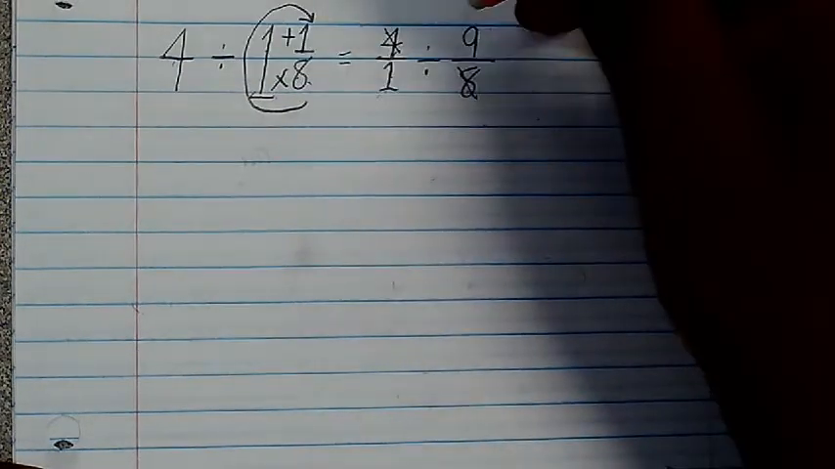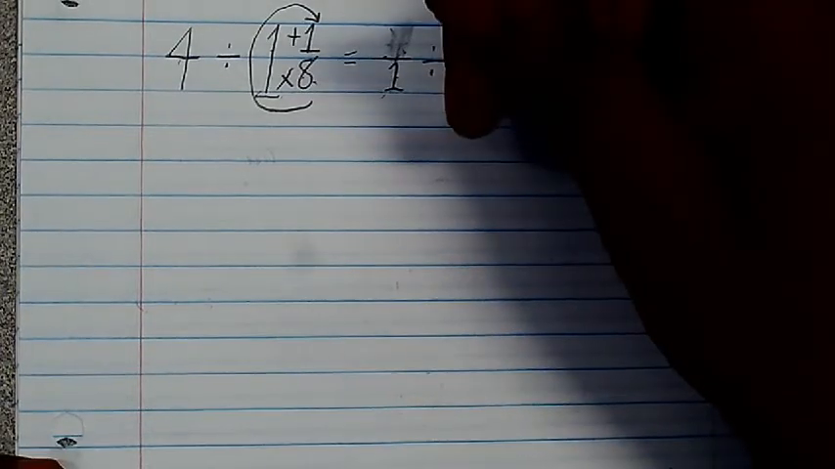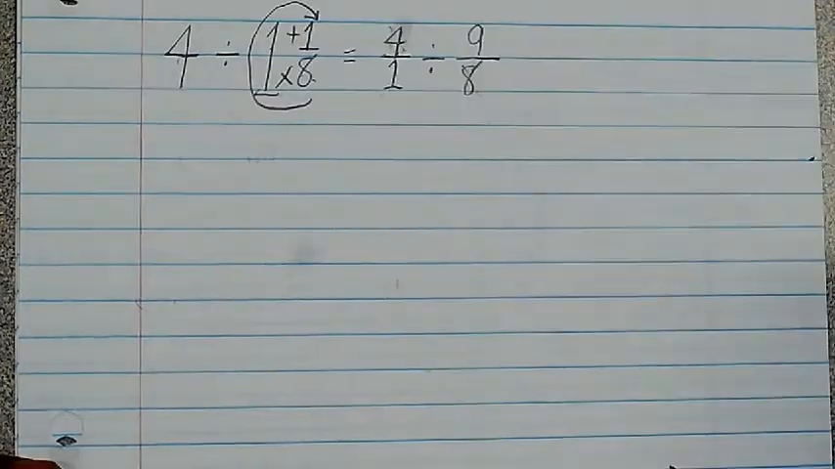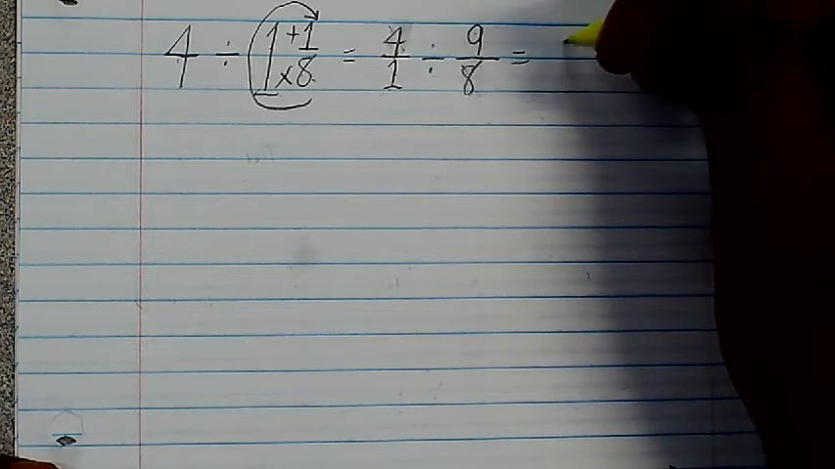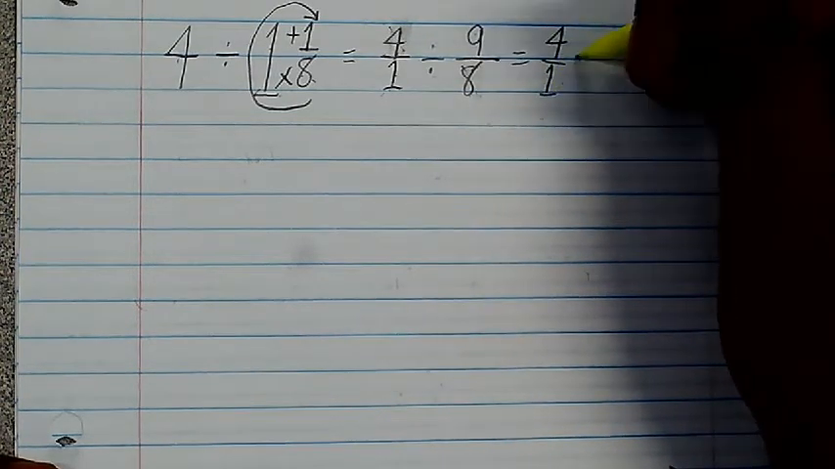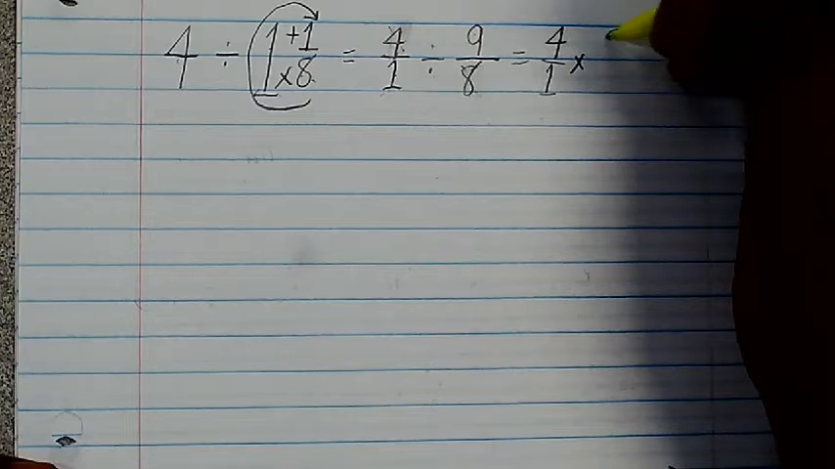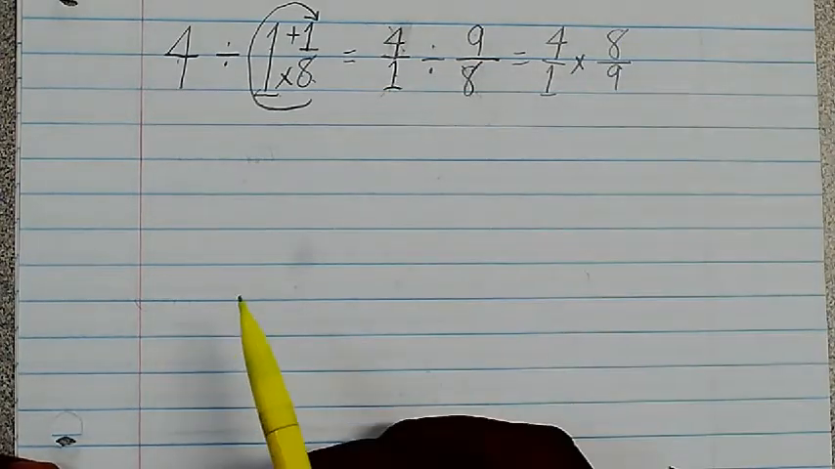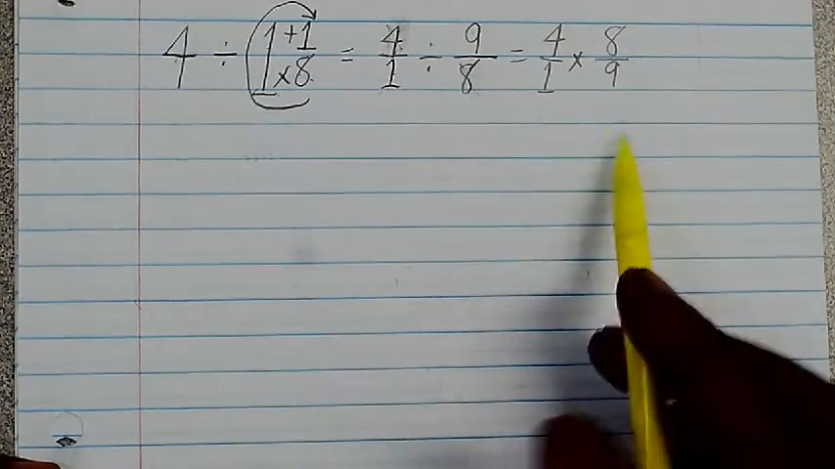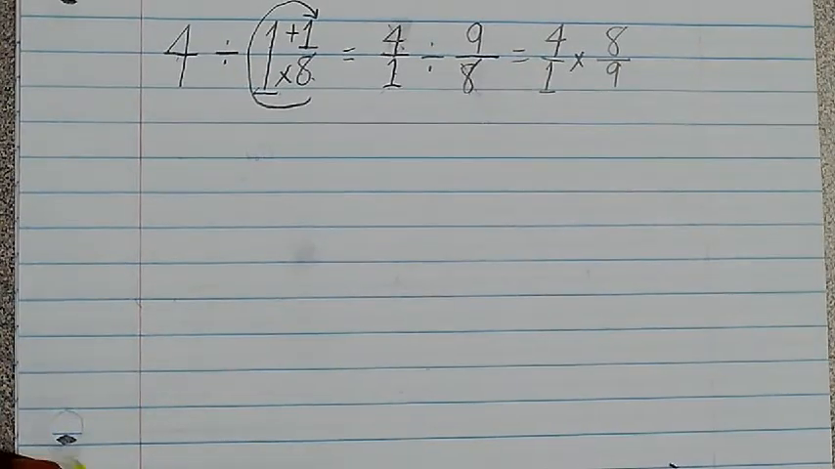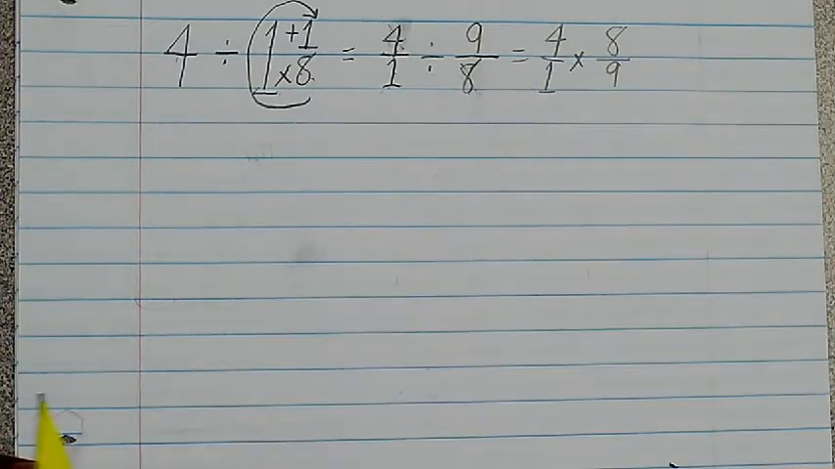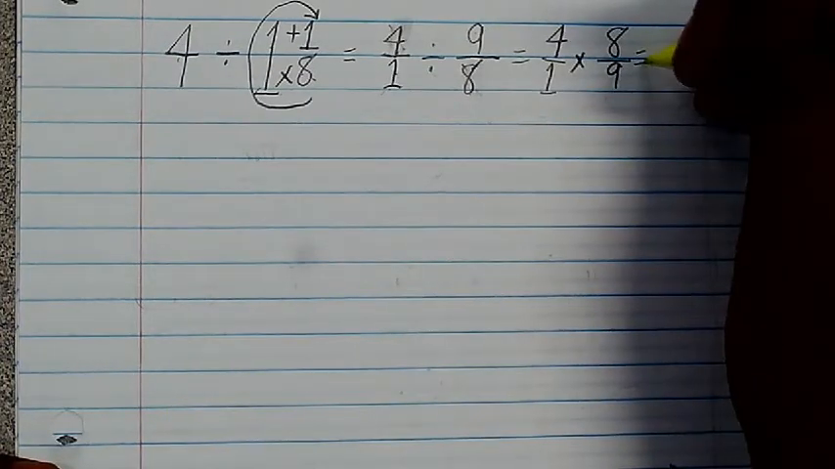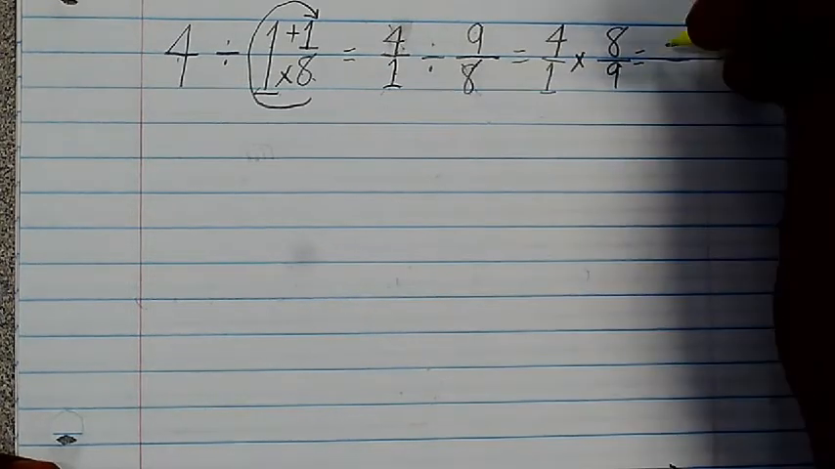I'm sorry, no, wait, we can't do that yet. I skipped a step, I'm sorry. So we have 4 and 8. Now we have to multiply and take the reciprocal of the second term. That's the step that I missed. So we have 4/1 times, instead of 9/8, we would have 8/9. And now we look to simplify. Of course, 4 and 9 are not multiples of a factor, neither are 1 and 8. So now we just multiply. Multiply straight across. Numerator times numerator, denominator times denominator. We'll have